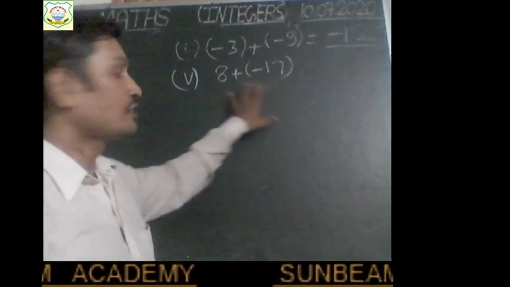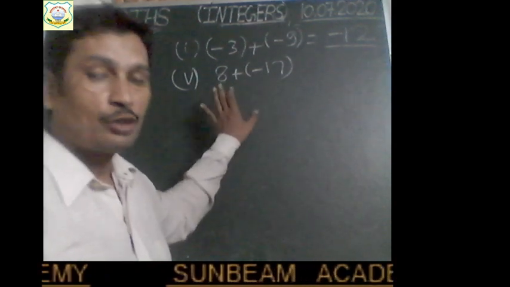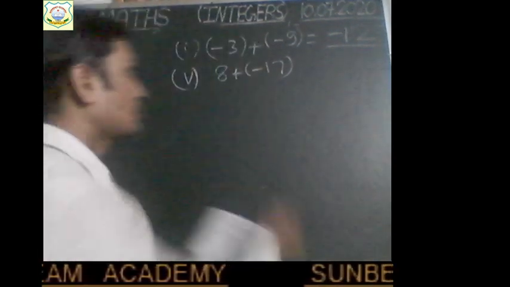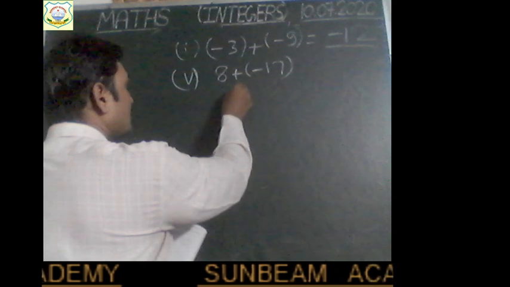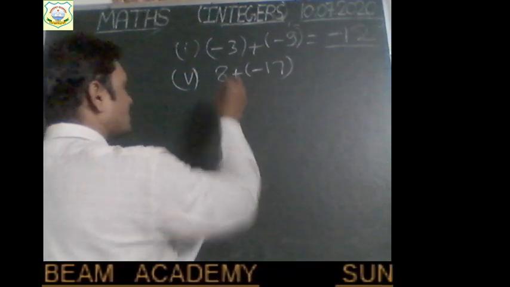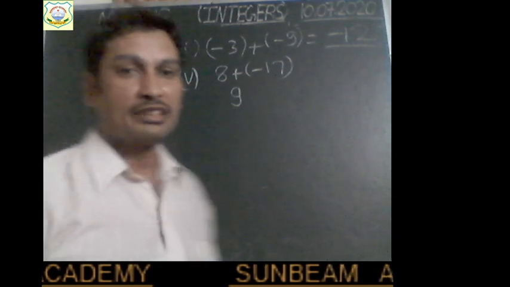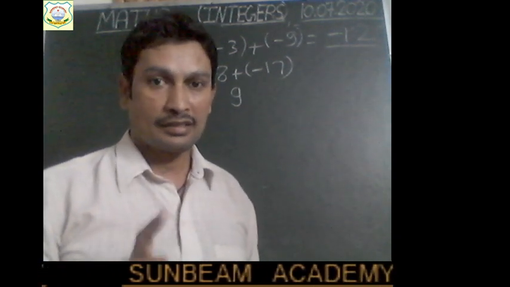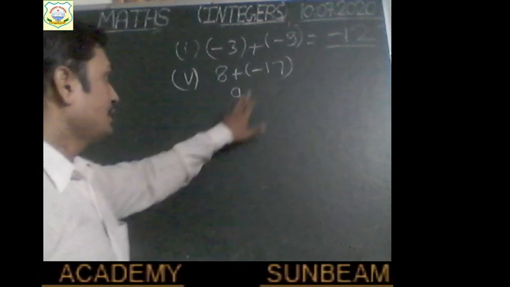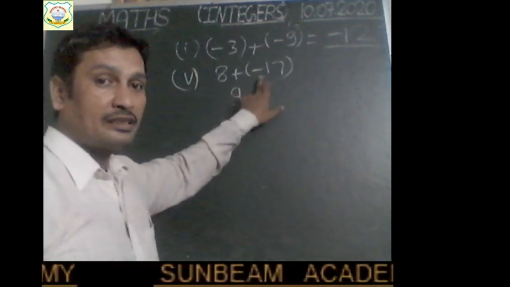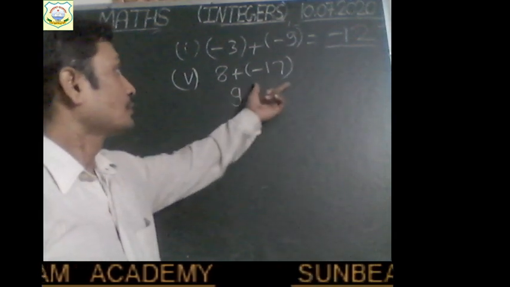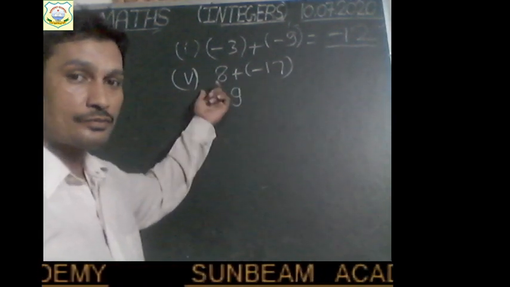See, both the integers have opposite signs. So what we will do, children, in case of opposite signs, we subtract. So subtract them. 17 minus 8 will give how much, children? It will give 9. And which sign will we use, children? Yes, we will use the minus sign, because you can see here the negativity is greater than the positivity of the first integer. Okay, so the loss is greater than the profit.